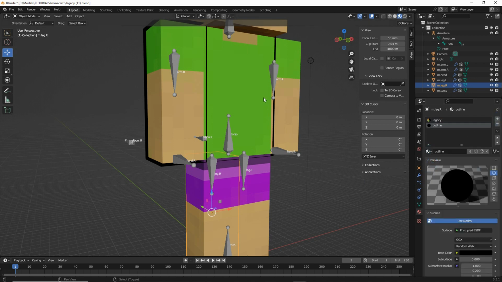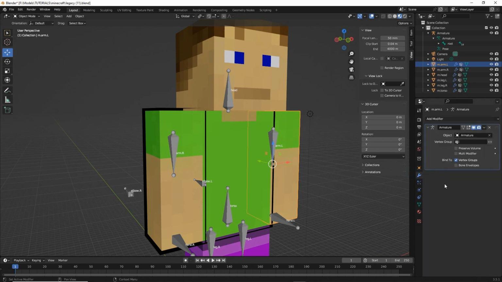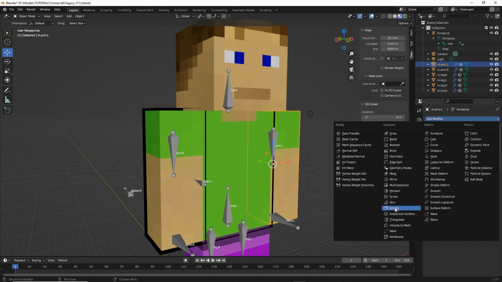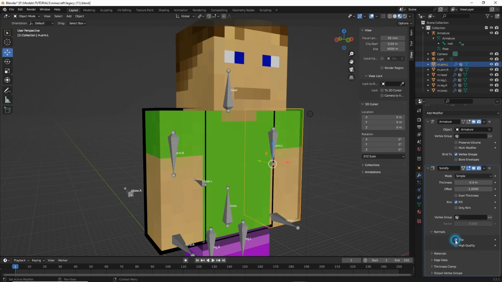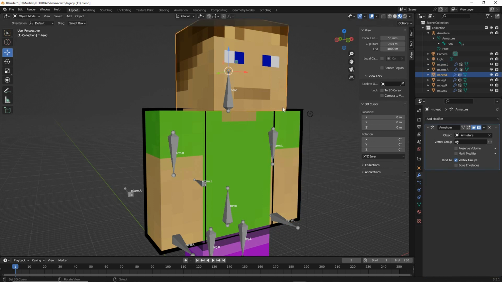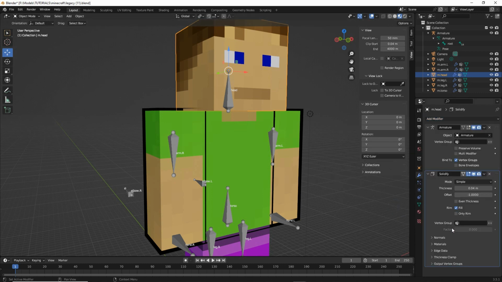So that's all the materials assigned. We should then be able to go back into modifiers and just set up the modifier. Solidify minus 0.4, normals, flip, material, offset, modifier, solidify